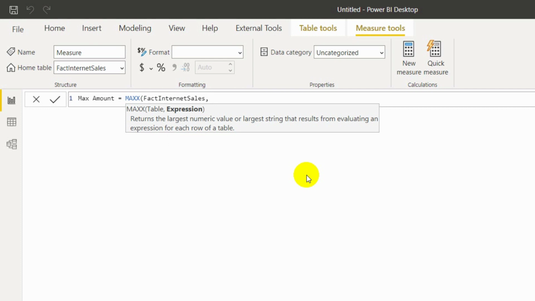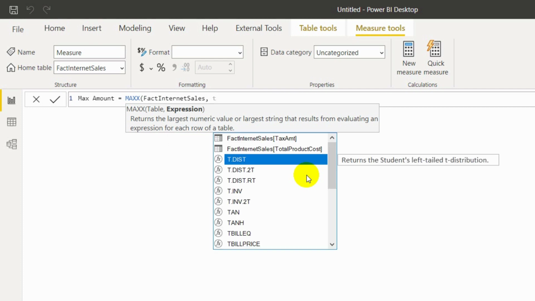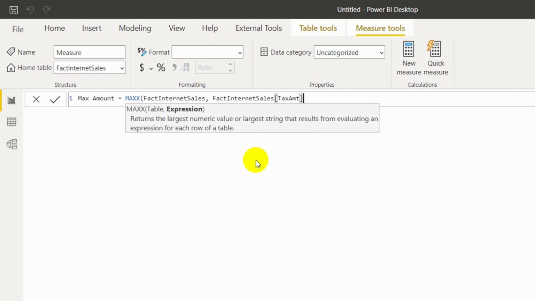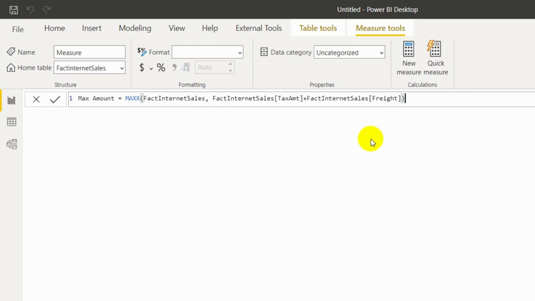My expression is tax amount. Let me check that tax is there or not. Yes, tax amount is there, plus freight. I want to combine both and get the maximum. Enter it.